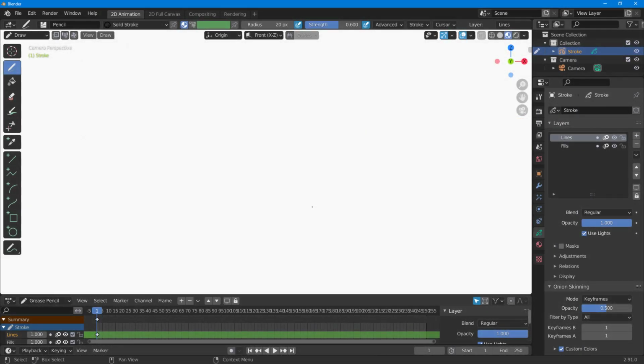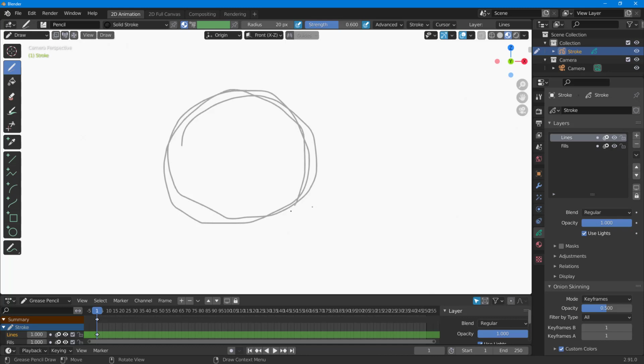So now let's see how we can work around with the inking process inside of Blender. To work around with the inking process, I'm going to go onto the draw tool, and then I'm just going to roughly draw out a circle right here. So this is just for the reference. Now what I can do is simply lock this layer, and then I can press the